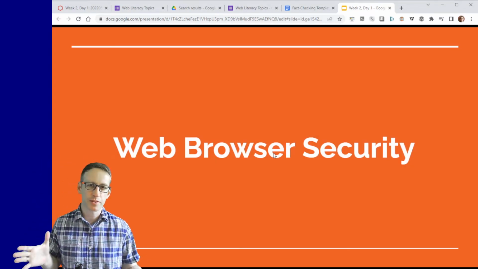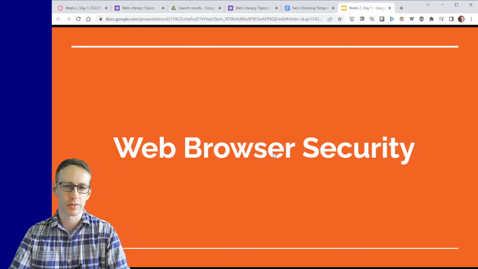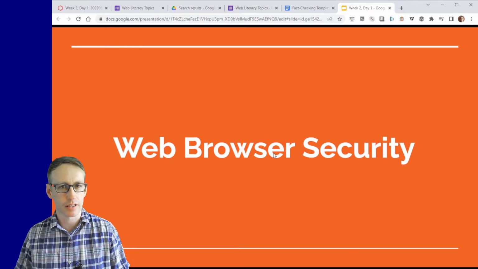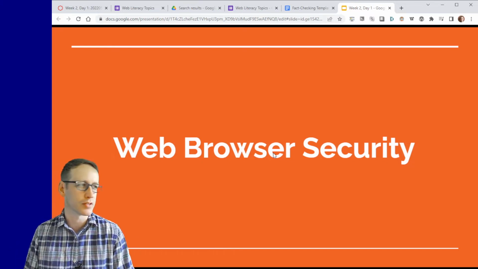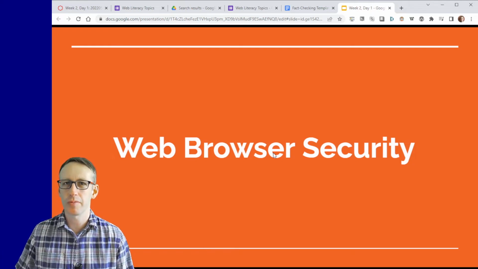Okay, so web browser security. I'm using a web browser right now, obviously, to present this. You use web browsers whenever you open something and you need to Google it, or ideally DuckDuckGo it. Maybe not ideally, but preferably, I'm going to argue that DuckDuckGo is a better search engine. This is the thing that we use all the time. Even on your phone, you probably have a web browser that you use.